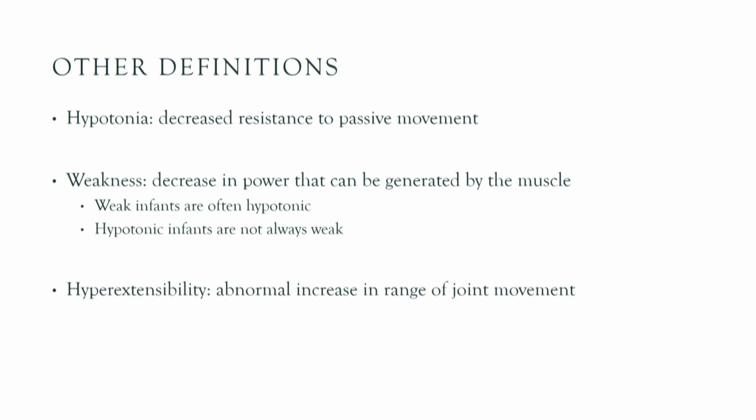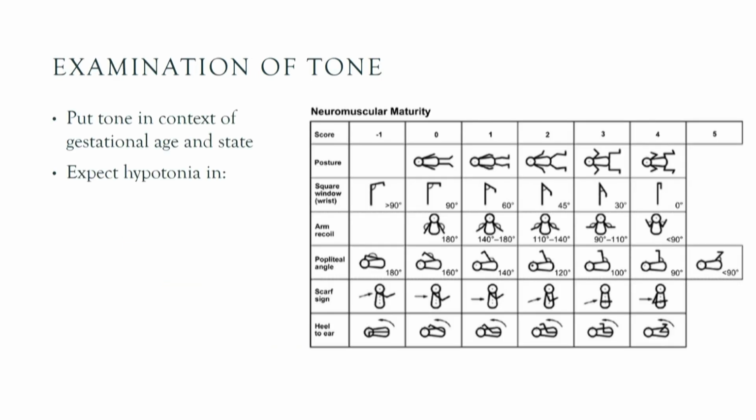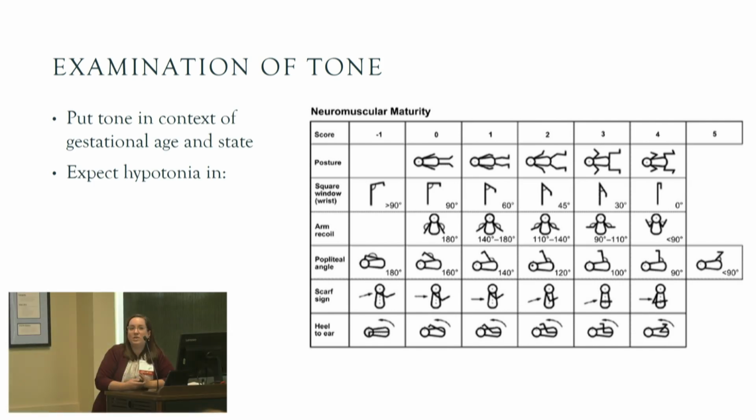Hyperextensibility is also an important thing that can go along with hypotonia. This is just an abnormal increase in the range of your joint movement. So both of these can accompany hypotonia but are different things, and you should assess for all of them in your neurologic exam. So, moving on to the tone exam,